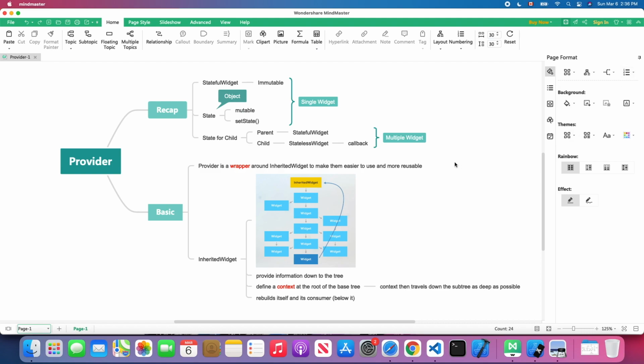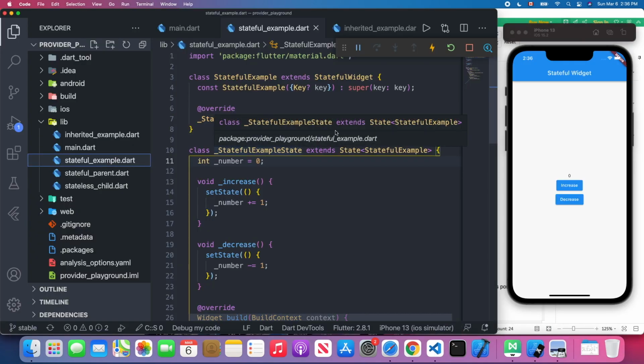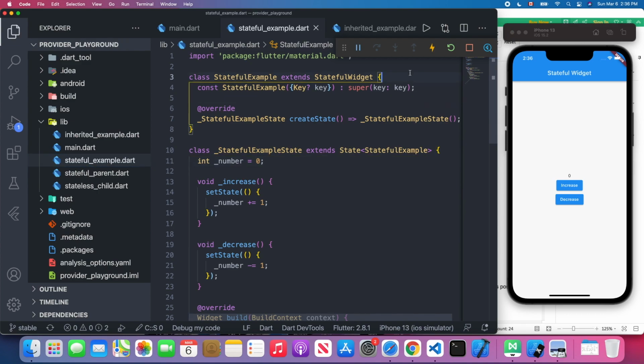Let's look at the code example. Let's open Visual Studio Code. Here is a very basic stateful widget example, and we have this counter app and we have two buttons. One is to increase the counter and another one is to decrease the counter. Okay, so let's